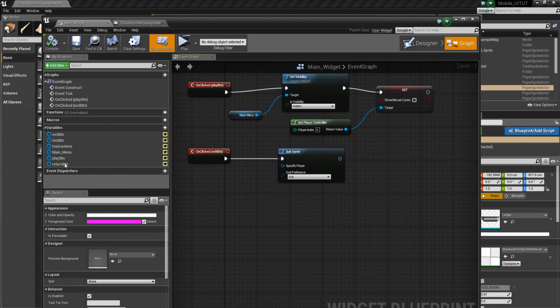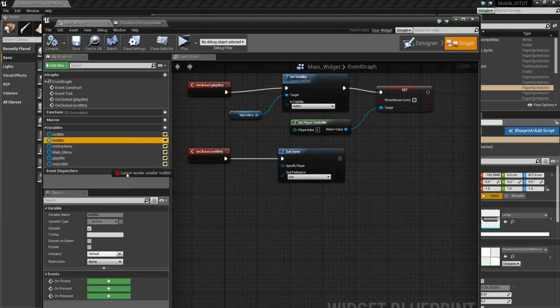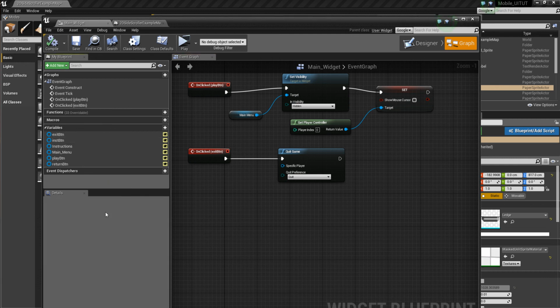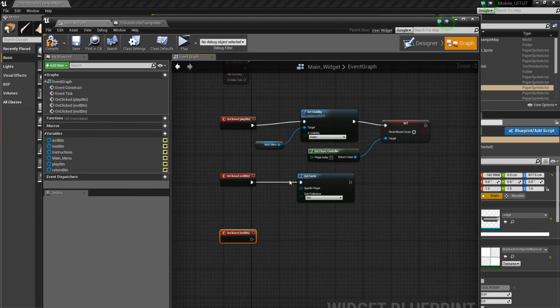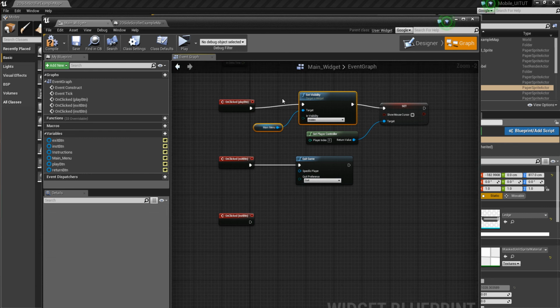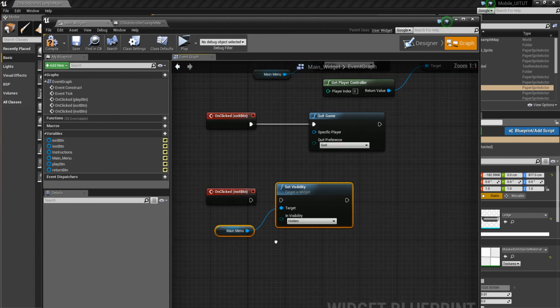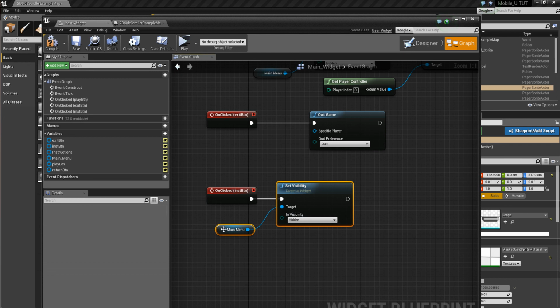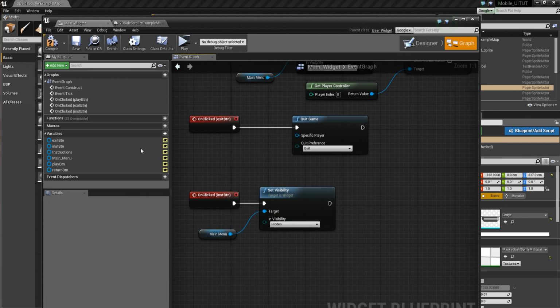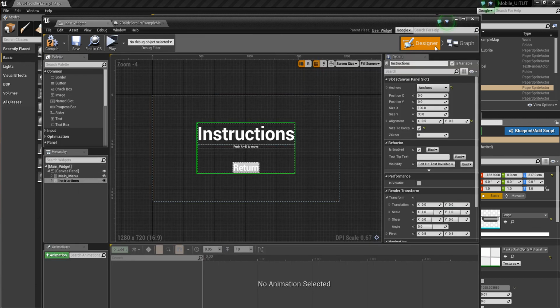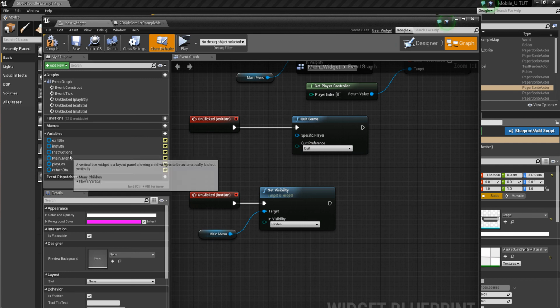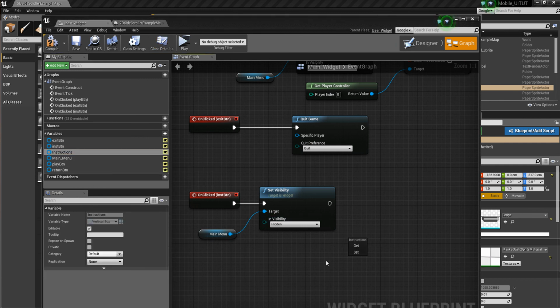Okay, so now let's set up all of our buttons here. We'll click on our instruction button, on clicked, and we will do this right here. And we want our main menu to be hidden. And let's take a look here. Instructions is a variable. Okay. And we want our instructions